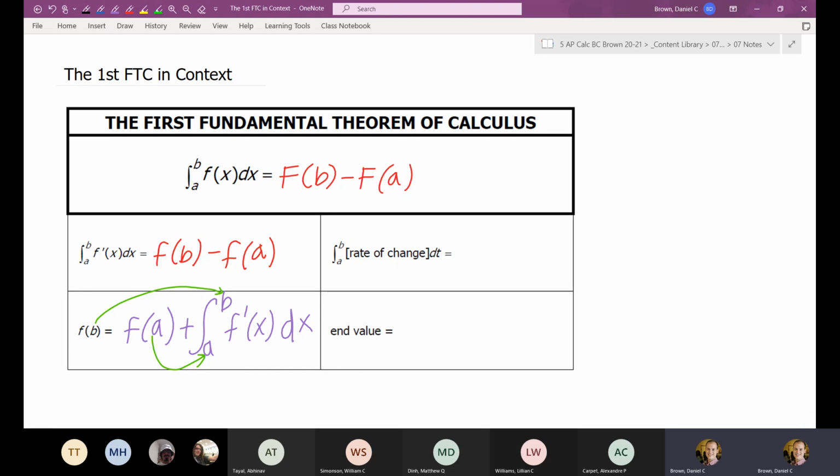To put it into words, looking at that second row, I have the integral from a to b of f prime. We know f prime is the derivative, and in its most basic form, a derivative represents a rate of change. So I'm going to expand the way we write that formula. Instead of just calling it f prime of x, I'm just going to call it a rate of change. And we can see in this one, when I integrated f prime of x, it gave me the original function, and it's like the change in the y values of the original function. So we're going to describe the integral from a to b of rate of change as the net amount